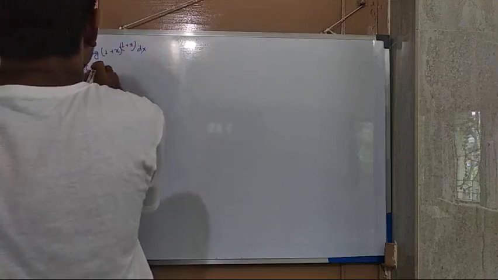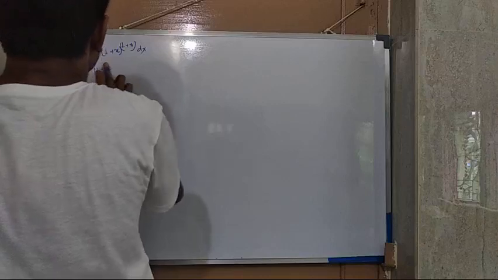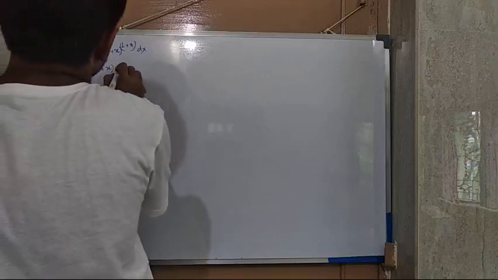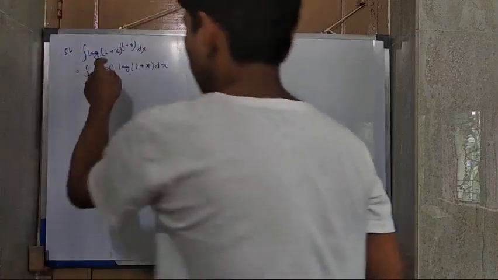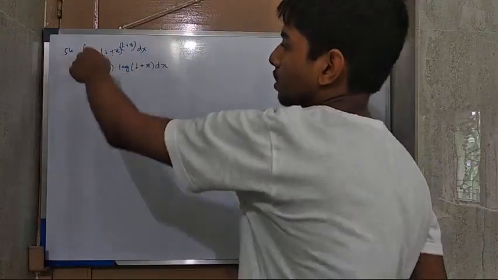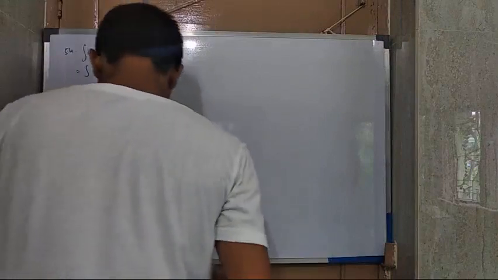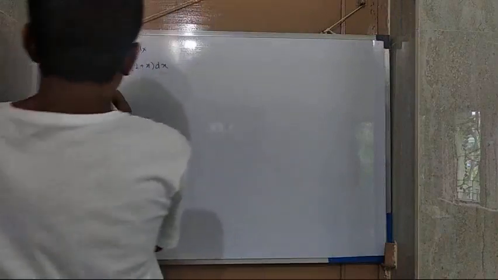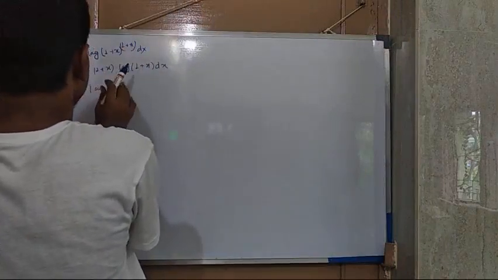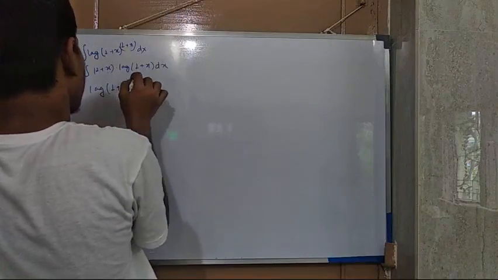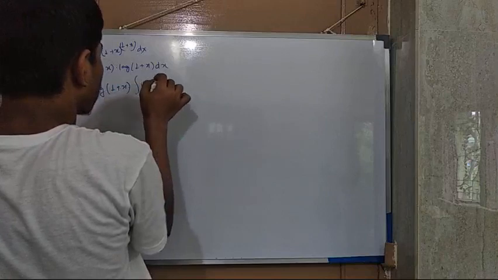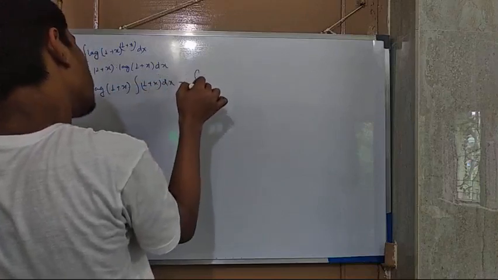This is actually integral of 1 plus x times log of 1 plus x dx, because as this is in the power, it can come in front. So now just do integration by parts here. This is log of 1 plus x times integral 1 plus x dx minus